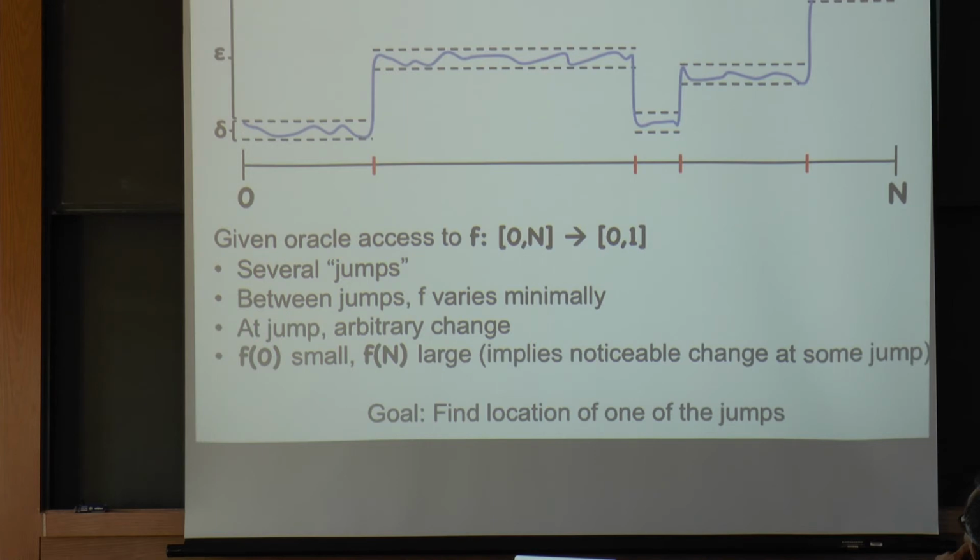Okay, so first thing we do is we're going to actually just abstract this problem that comes up in traitor tracing. This looks exactly like what we had before, but now there's no reference to traitor tracing. Basically, I'm given Oracle access to a function. I'm guaranteed that there are several points, a polynomial number of points, in between which the function doesn't vary very much, but at these points it's allowed to jump. And my goal is to find the location of one of these jumps. You can see this clearly maps.